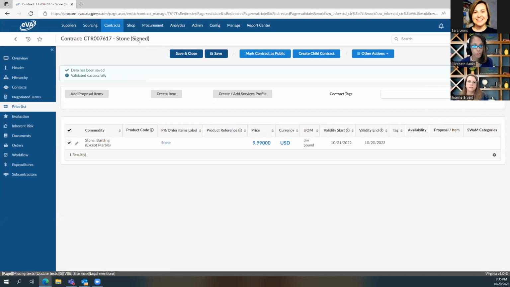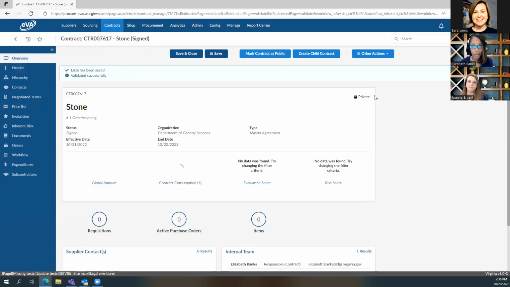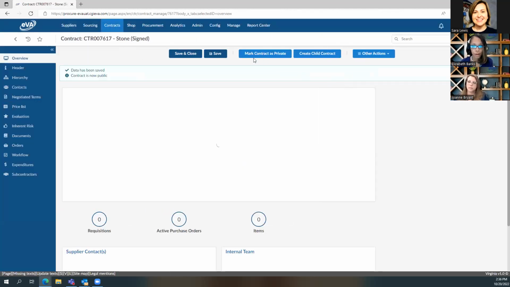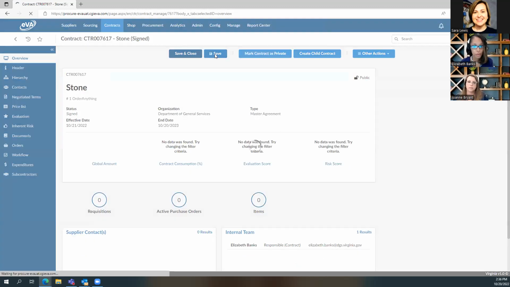So now our contract is in the signed status. Also, we want to make sure that this contract is public. So remember, we have to mark it as public. All right, we have marked it as public. We can save it.